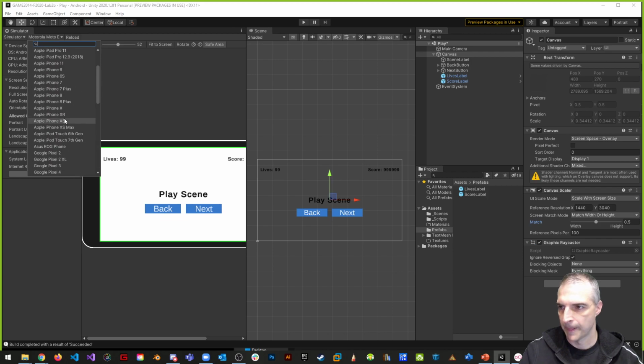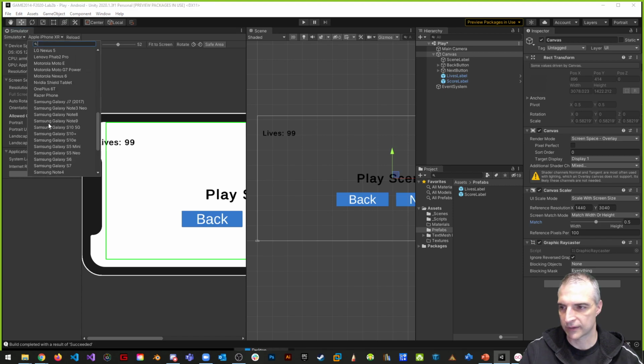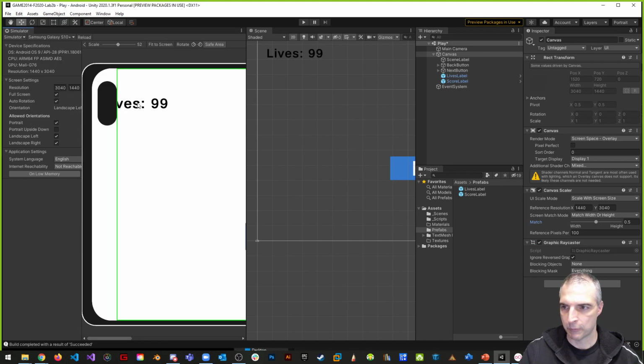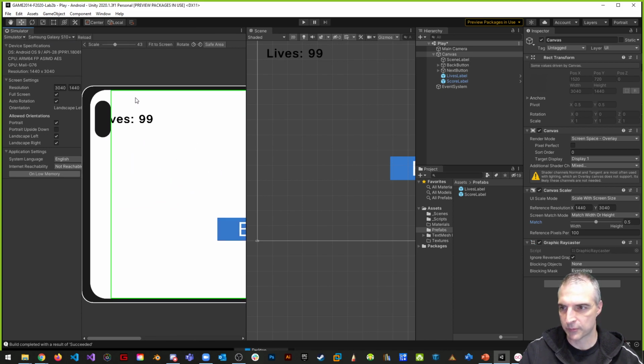So Apple iPhone XR, then you can see that there's this big gap right here. So that works okay for the XR, right? This would actually work. But for other phones like that Samsung Galaxy S10, that would not work. That would be the same problem that we've had before, right? But still, this problem with the head gap that we have here, or the margin that we have on the top here, is too big for landscape view. So we fixed one problem, but not the others. Let's flip it back to